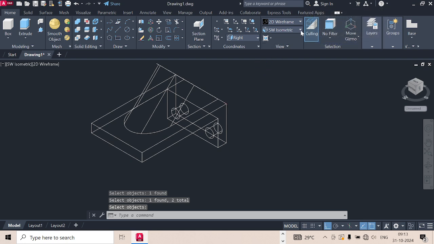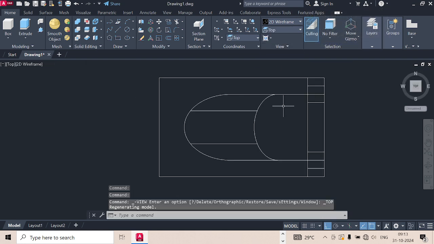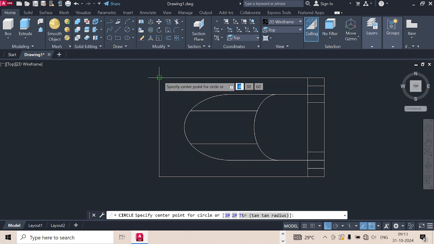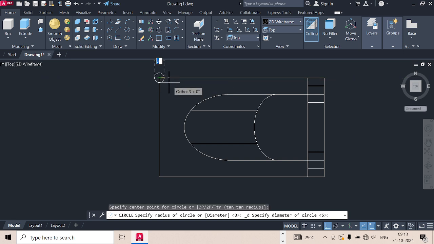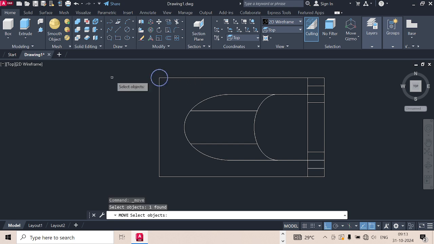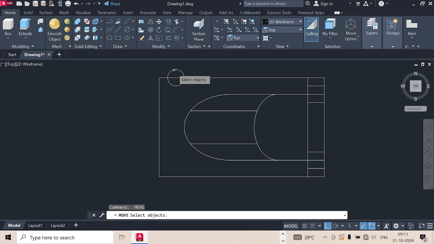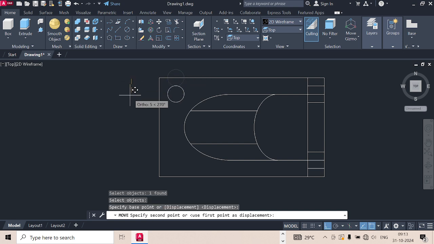Similar way, let us go for top view. Here you create a hole, same size hole, diameter circle at the corner first. Then you move it, locate it. Thereafter we will mirror. This side 5, and again move this side 5,